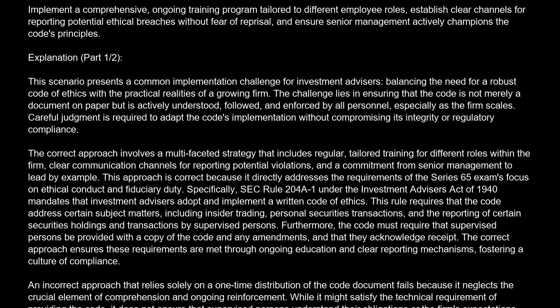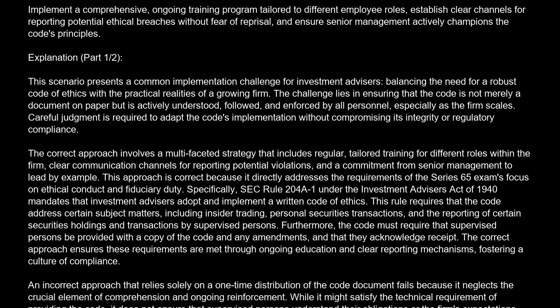Correct answer is C. Implement a comprehensive ongoing training program tailored to different employee roles. Establish clear channels for reporting potential ethical breaches without fear of reprisal, and ensure senior management actively champions the code's principles. Explanation: This scenario presents a common implementation challenge for investment advisors, balancing the need for a robust code of